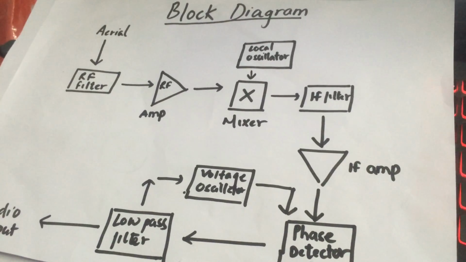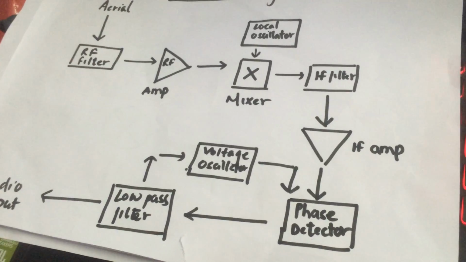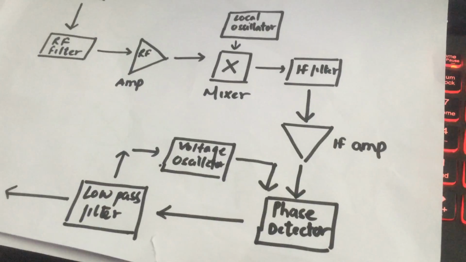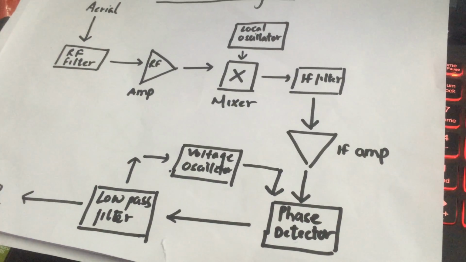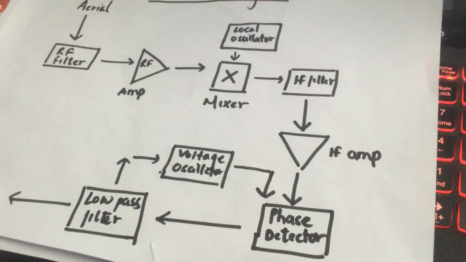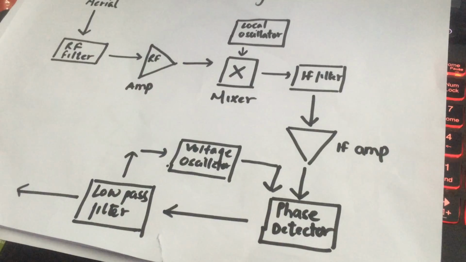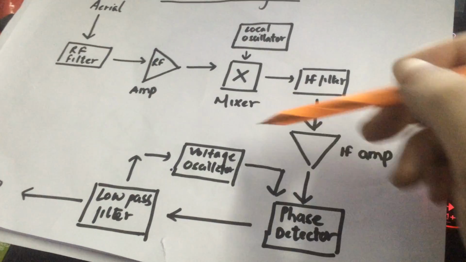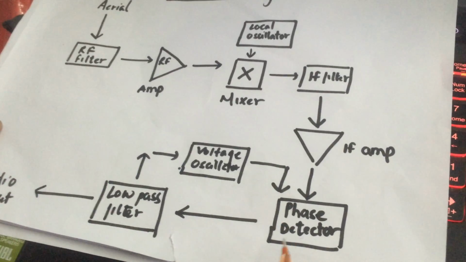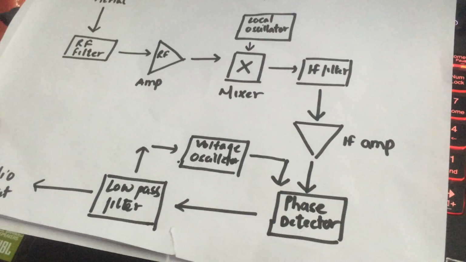A phase detector or phase comparator is a frequency mixer, analog multiplier or logic circuit that generates a voltage signal which represents the difference in phase between two signal inputs. It has one input from a voltage oscillator and returns the output proportional to the phase difference of the signals. The error is fed back to the voltage oscillator and it then generates the appropriate input to be fed in the detector. The output signal is then passed through a low pass filter, and there you have it. What we receive is the audio output of the information carried by the signal.